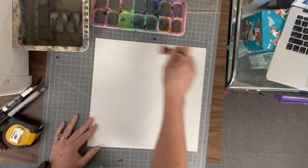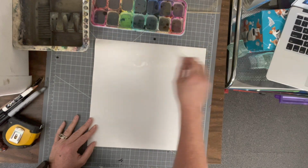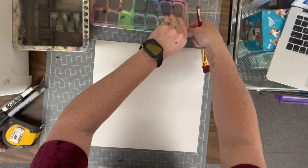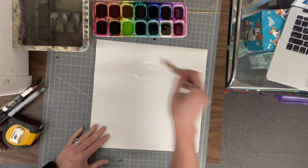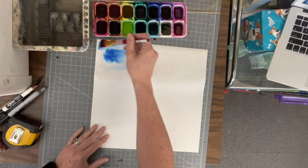We need to go by section because if we get the whole thing wet, we probably will have it drying on us before we get the color on. So I'm going to try to do the top section, and then I'll do the middle section and then get down toward the bottom. So I'm thinking about the Northern Lights and what I've seen in the pictures and things like that. And I definitely see some dark blue in the sky